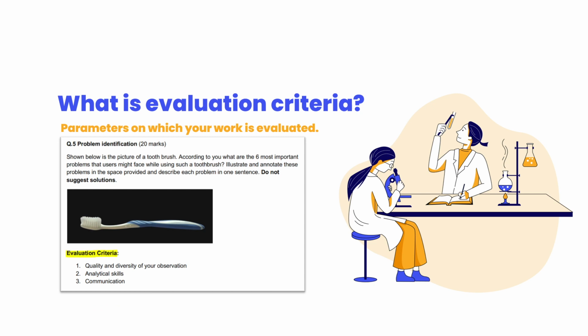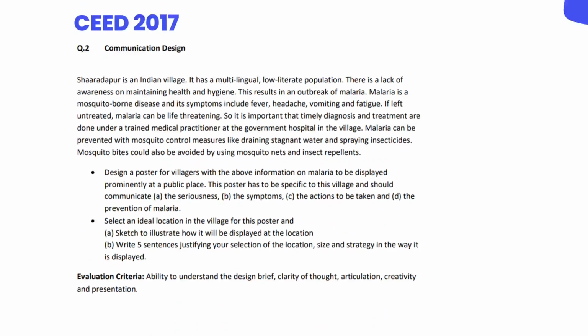Now let's start from the question from SEED 2017, question number 2. Well, here I am not going to solve the question, but going to discuss what can be a probable way of thinking for a particular question. Now here the question says that you have to design a poster on malaria in a village where the population is multilingual and the literacy is low. The second part of this question says that we have to also draw how it will be displayed. Now the moment we read this, we go into our imagination and try to visualize the references we have for a displayed poster, isn't it? We think about how we are going to populate the scene, what is the location in, and everything else.